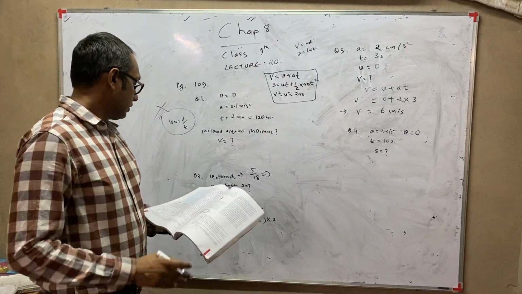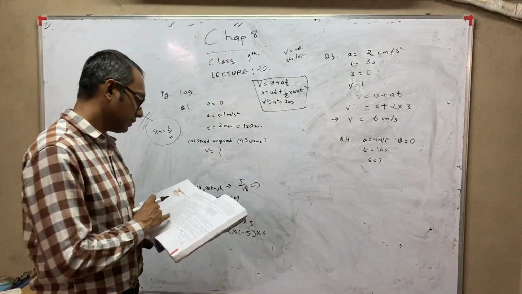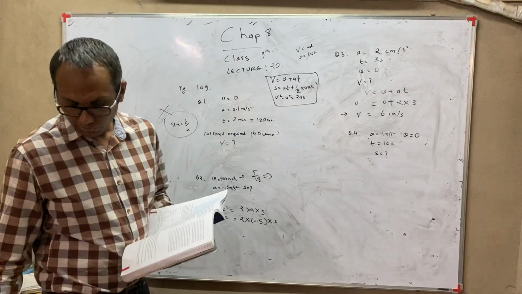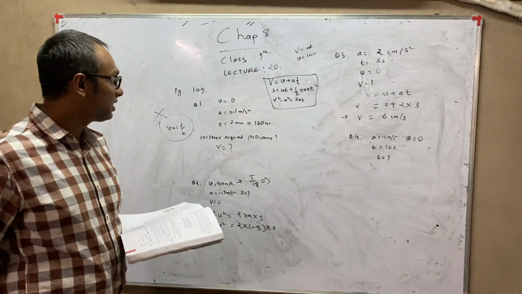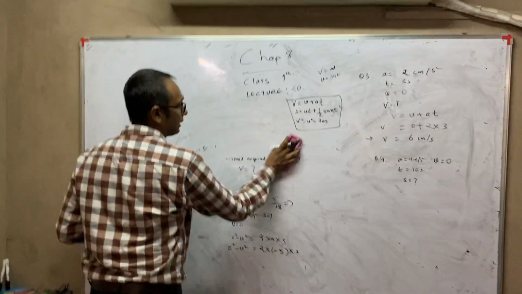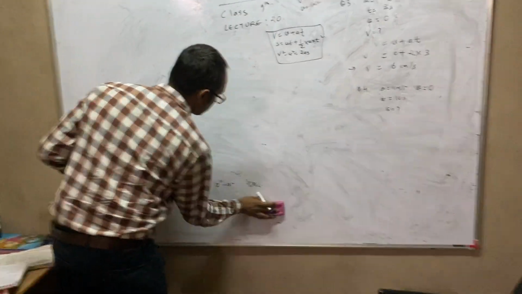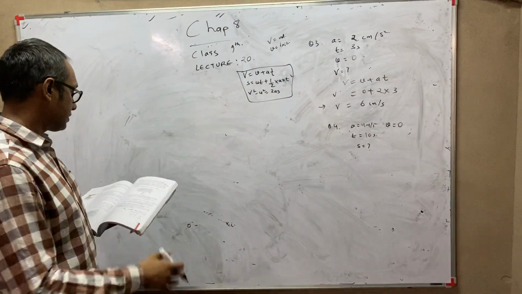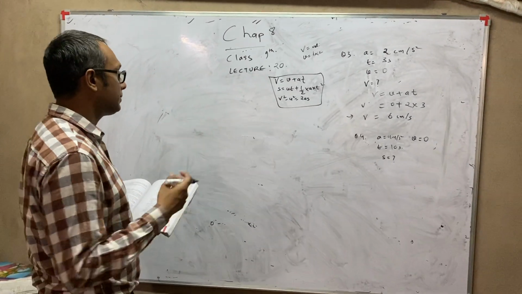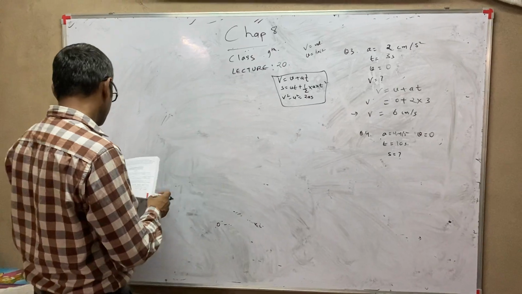Okay. Now we will do question number 5 and 7. For question number 5 and 7, 2 additional things we require, so I'll just write them down for you before we start. These things you will learn about in the 9th chapter, but by chance they have put 2 sums in this chapter in which these things are required.